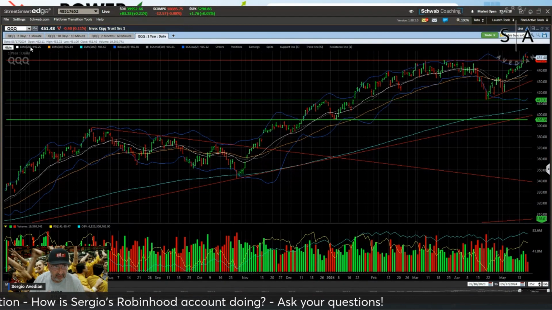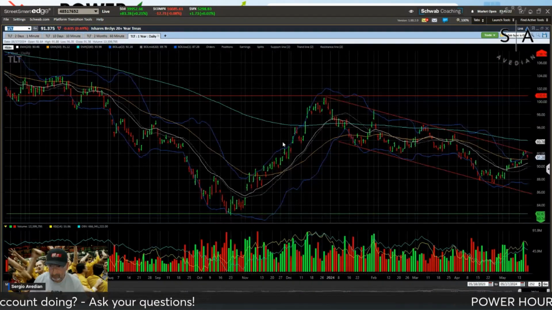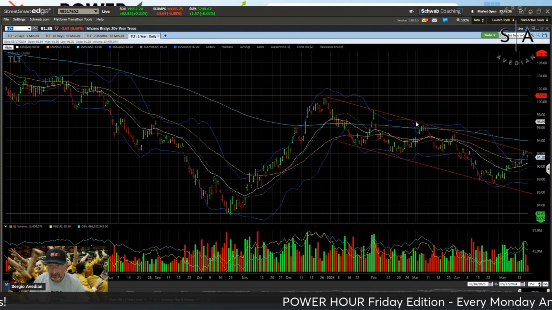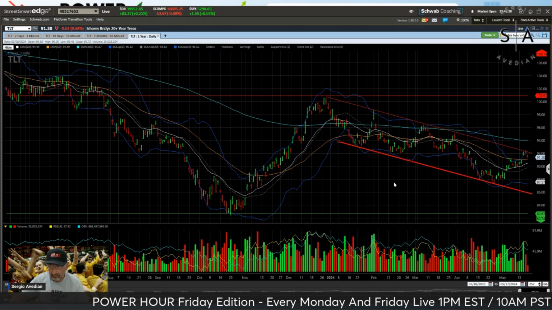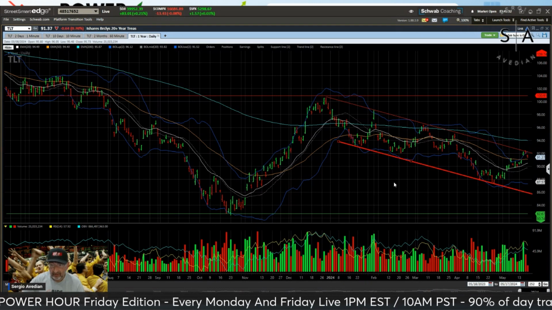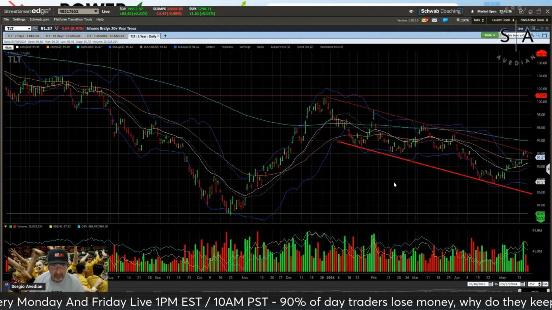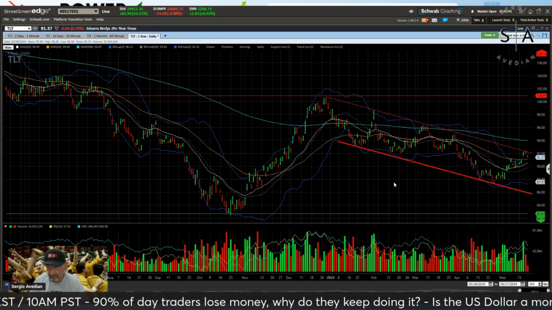And this is the 10-year T-note inverse index. There is something very interesting happening here, right? These are basically interest rates. So if the chart is going down, that means interest rates are going up. This is the inverse. It's called TLT. You guys can trade that actually. iShares Barclays 20 plus year treasury index.